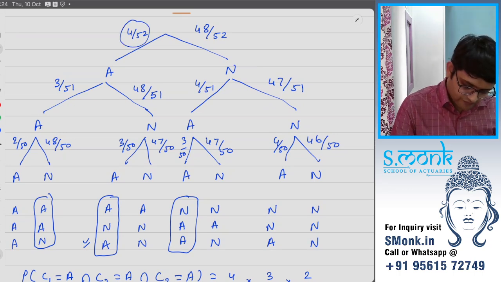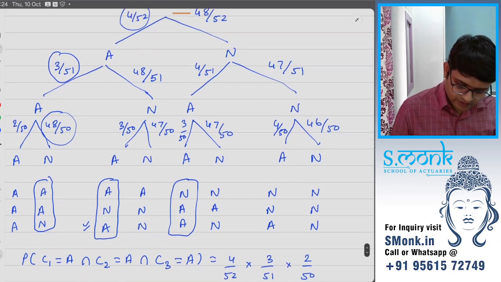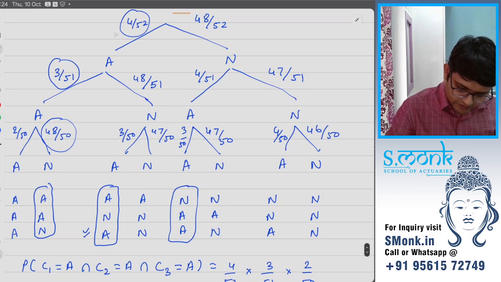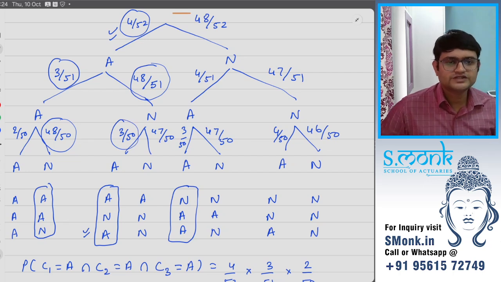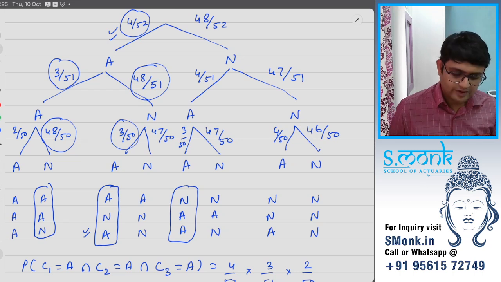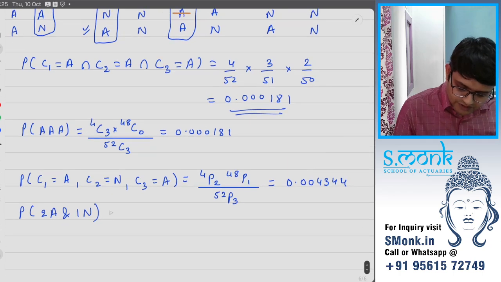You have 4 by 52, 3 by 51, 48 by 50. And here you will have 4 by 52, 48 by 51 and 3 by 50. If you multiply these, you will find that they are exactly the same probability. But what happens is I will have to add them up. So this will actually be the probability